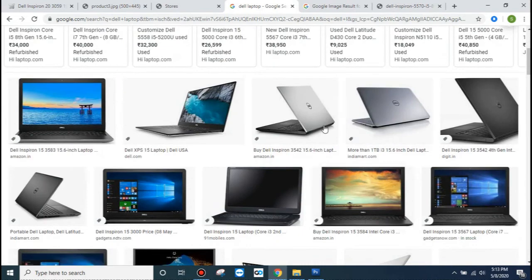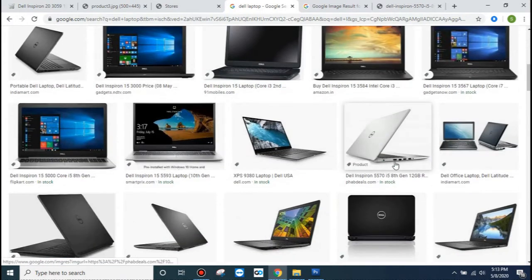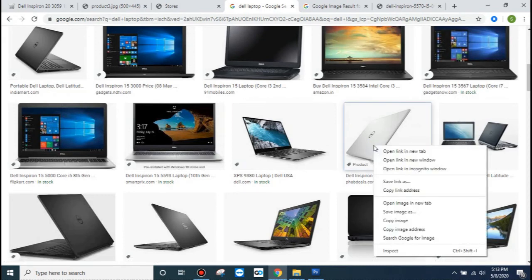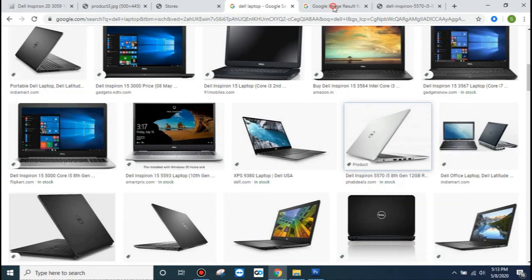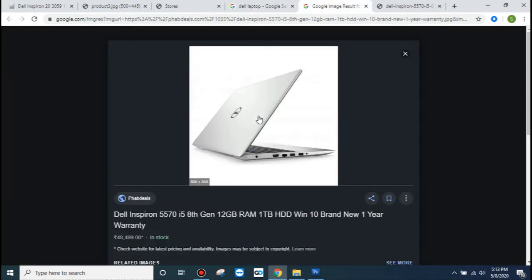Let us suppose this image is relevant to you, and you want to upload this image for a product. Click open link in new tab, and a new page will open, and you can see this image has size 800 by 800, so it's bigger than what we actually require, and this is good.